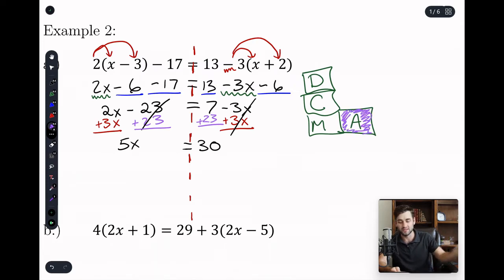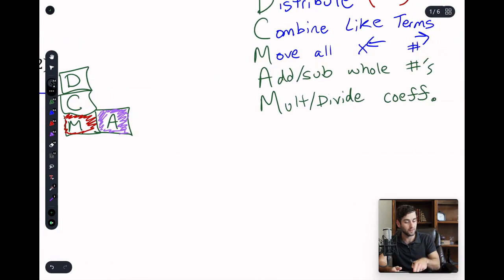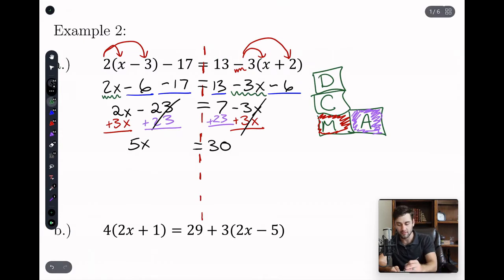And I'll post these notes too. That way you can go back and look at them or work them with me or whatever you want to do. That's A-okay. I did that one in red. That's pretty cool. All right, last step. Let's look. Multiply or divide the coefficient. What's a coefficient? Well, that's the thing that's touching the variable. There's only one thing touching the variable here, and that's that 5, right? So divide by 5, and we are left with x equals 6.